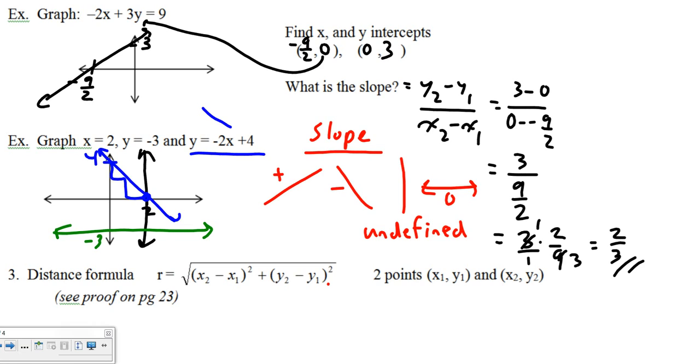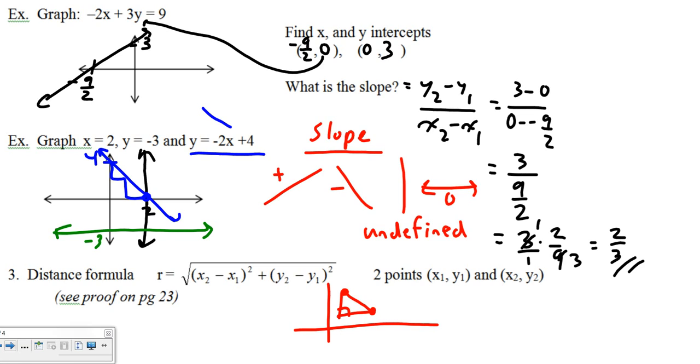It's because if you had 2 points, and you want to know the distance between those 2 points, look what happens. I'm going to have a right triangle that I draw in there. And with a right triangle, I can apply the Pythagorean theorem to find one side given 2